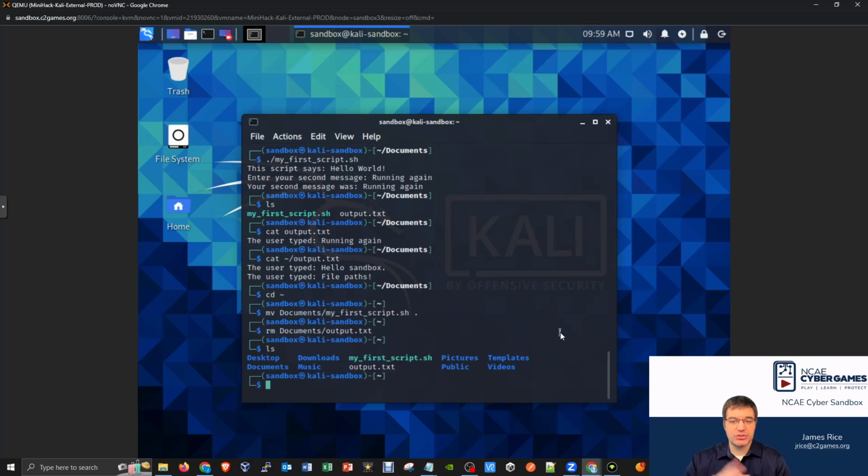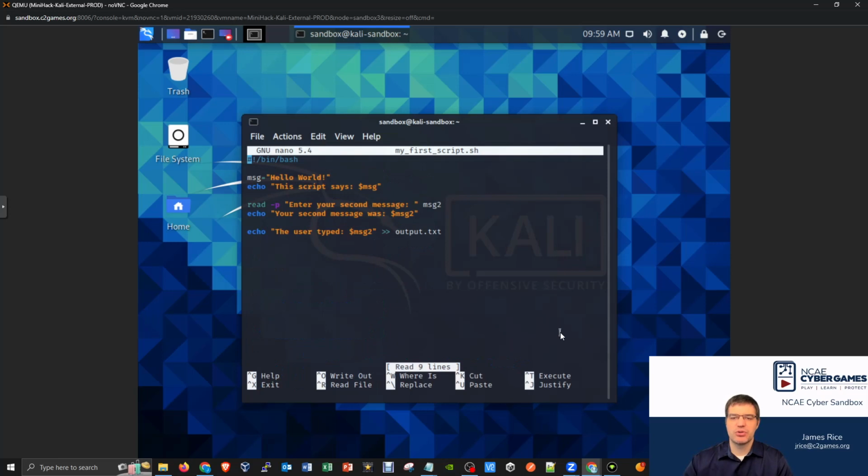And I'll show, of course, how we could modify our script slightly. Nano myfirstscript.sh, sure, and say, look, I don't want to have that output.txt being in the current directory. Maybe I want to make sure it's in sandbox's home directory. That's where this should be written. And maybe to solve this problem, I'll include the knowledge that variables could also be used as file paths. And so it's very common in some of your scripts, you might have something like this, where I'd say path equals, and then set a variable called path to a full file path. Something like